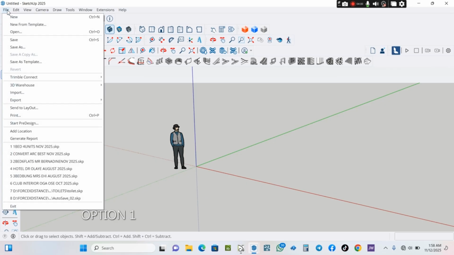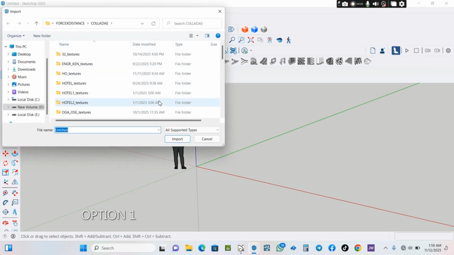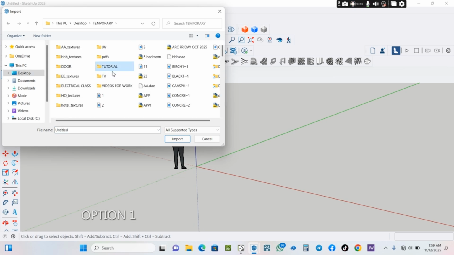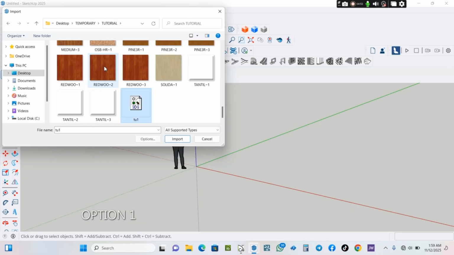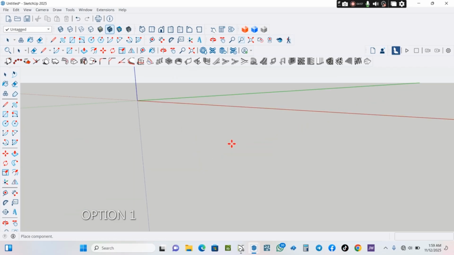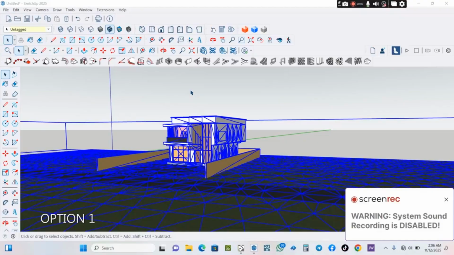Now I'll go to File in SketchUp, then I'll go to Import. I'll wait for the prompt to come up. Then I will look for the folder that I exported the file to. I think it's in tutorial. Yes, I saved it as TU1. Yes, I'll click on it, then close,